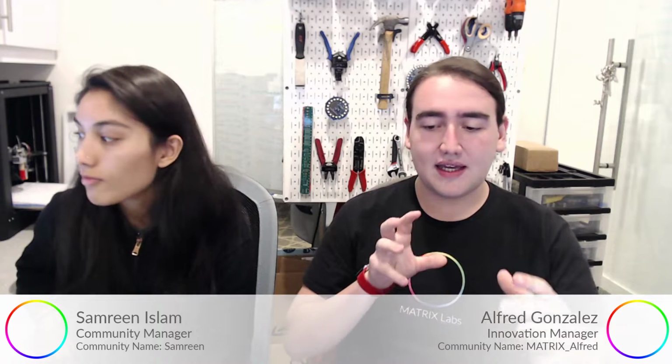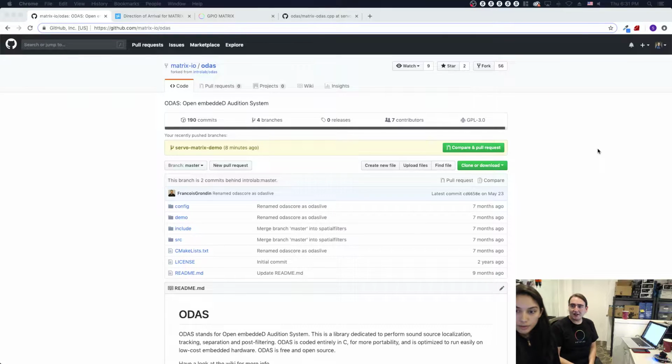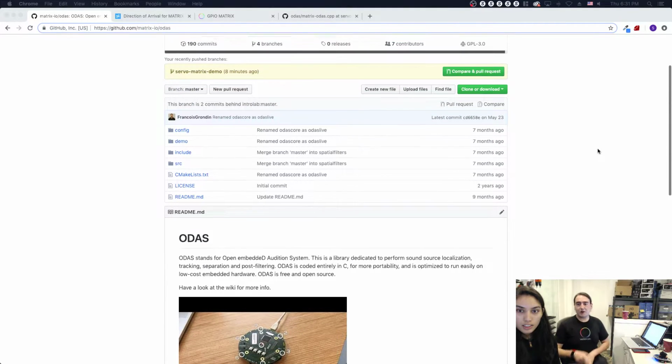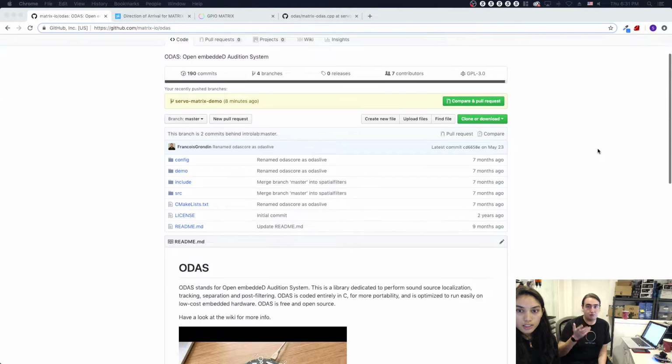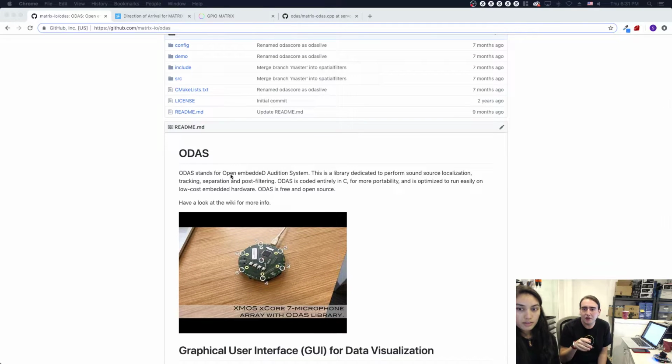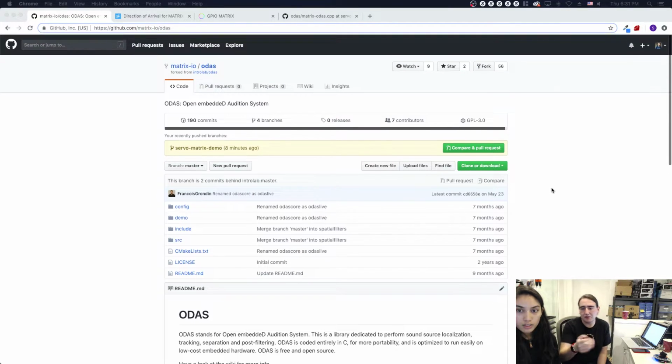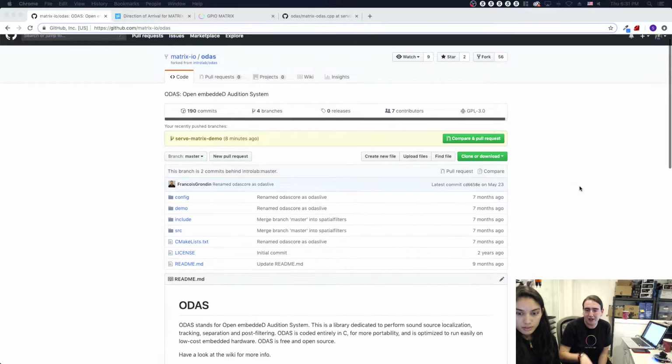It lets you visualize the microphones and where the source of audio is coming from, even in 3D. We'll take you over to the screen so you can actually take a look. So Alfred, if you want to explain. Yeah, so as you can see here, it's an open GitHub library. If you scroll to the top, or right at the bottom, I guess, in that paragraph, it says